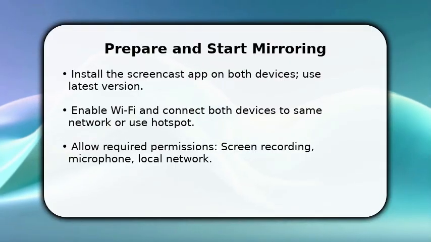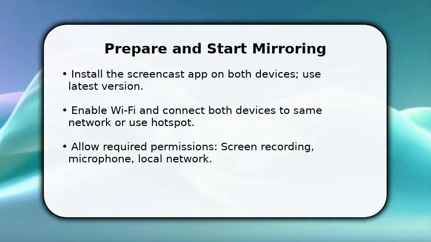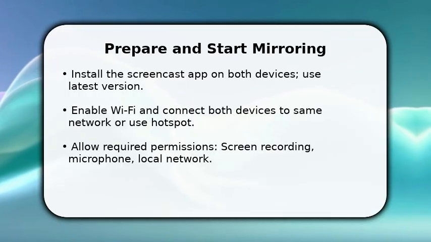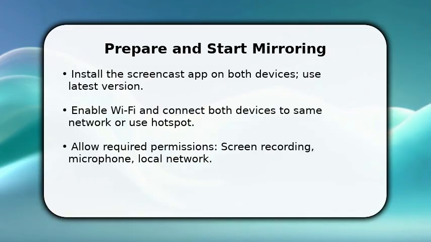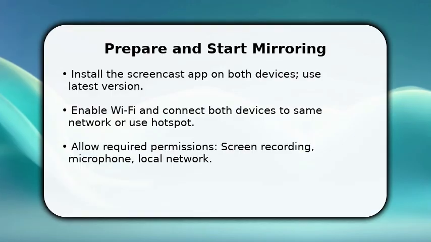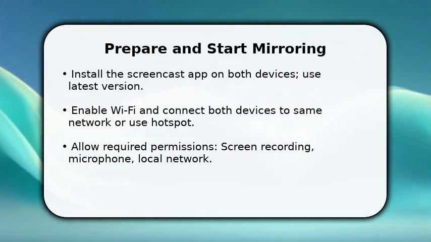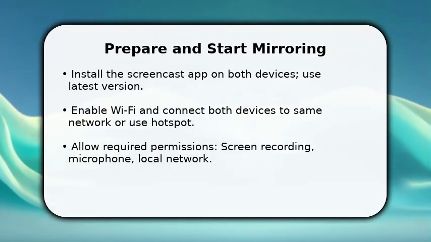You begin by installing the mirroring app on your phone and target device, so both run the same release. This reduces compatibility issues. Once done, make sure both devices share the same Wi-Fi or create a phone hotspot for a direct link. You also need to grant permissions for screen recording, audio capture, and local network access now. These steps let the app discover the target quickly and avoid repeated pairing prompts, so you can move to discovery